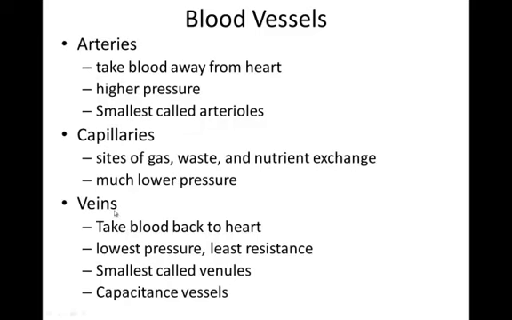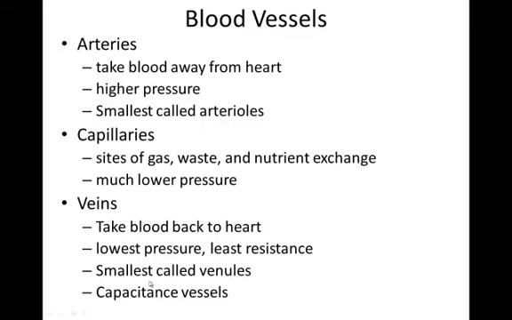But our veins are the blood vessels where we take the blood back to the heart, but they're our sites of least blood pressure. We have our least resistance in our veins because they have the largest lumens, the largest open areas on the inside. And we want the least resistance in our veins and the lowest amounts of pressure because blood flows according to pressure. And we have to have blood coming back to our heart, so we want the least amount of